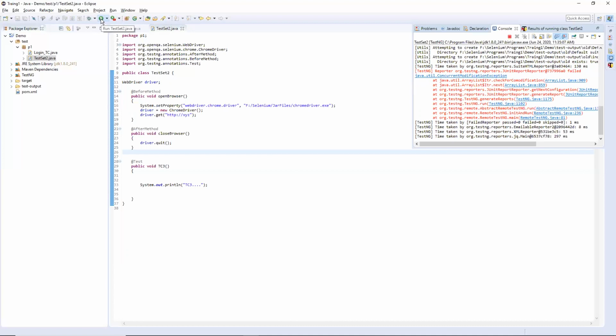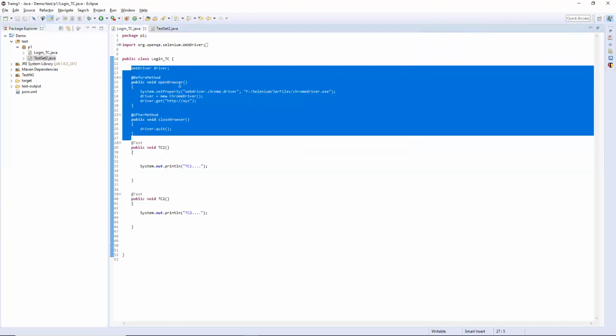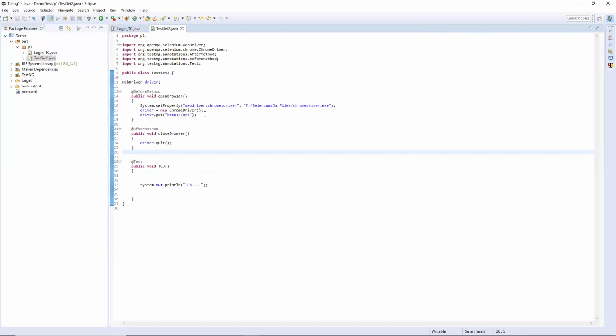Okay. So if you observe this structure, again we have redundant code, right? We are writing these annotations in each and every class. Tomorrow, if I want to make a URL change, or if I want to use an Internet Explorer driver instead of Chrome driver, then I need to update each and every class. So how can we avoid this kind of redundant declaration of the annotations? One way of doing that is using a